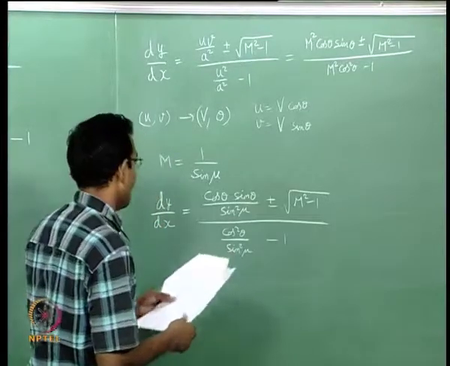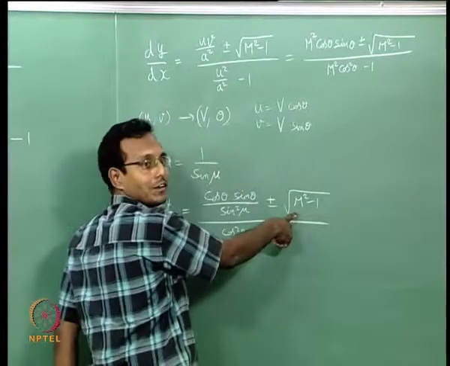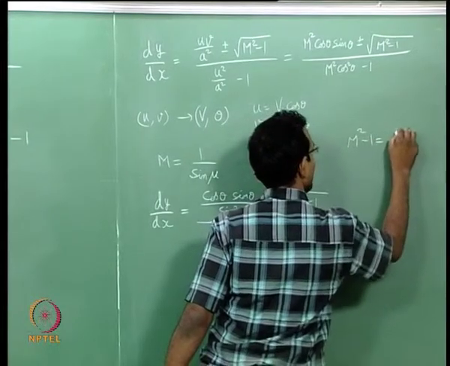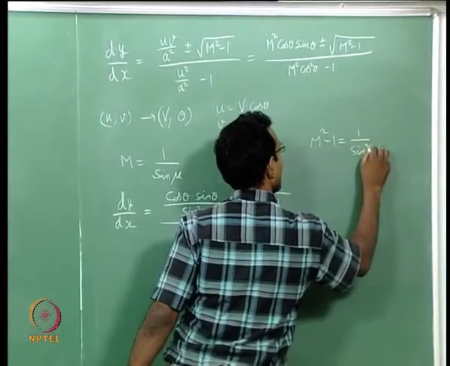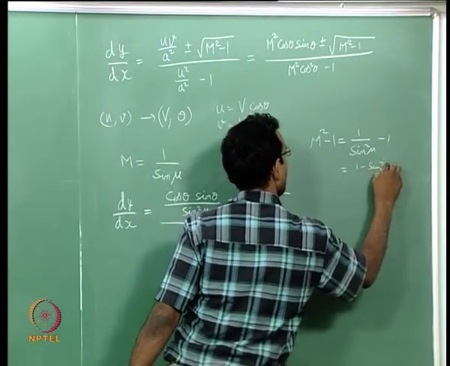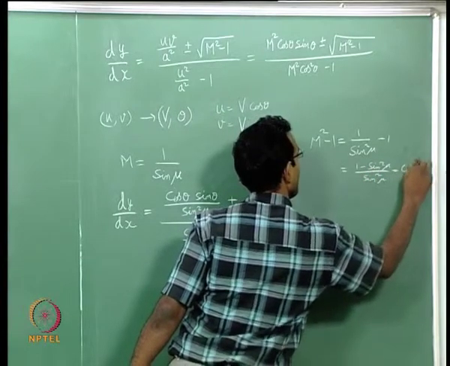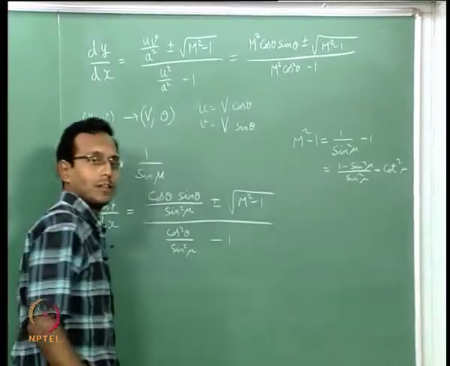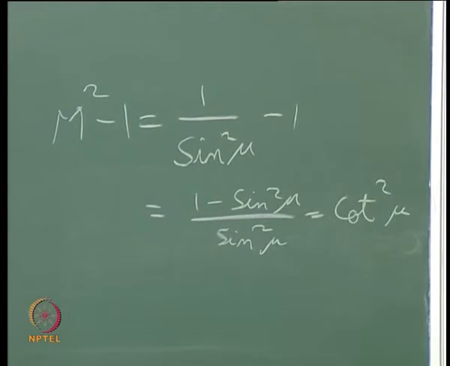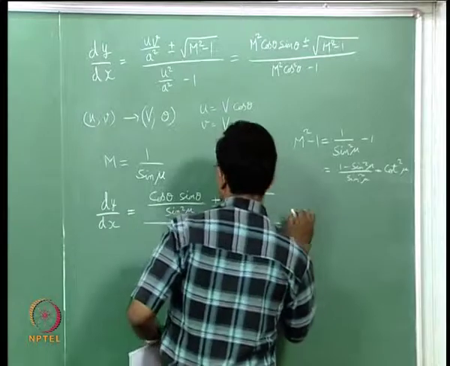Okay. And by the way, I can substitute this m equal to 1 by sine mu also in my m square here, which will be m square minus 1 equal to 1 by sine square mu minus 1, which will be 1 minus sine square by sine square, which is my cot square mu. Becomes cot square mu. Square root of that will just become cot mu. And then I will multiply it with sine square mu in the numerator and denominator, which will give me a final form